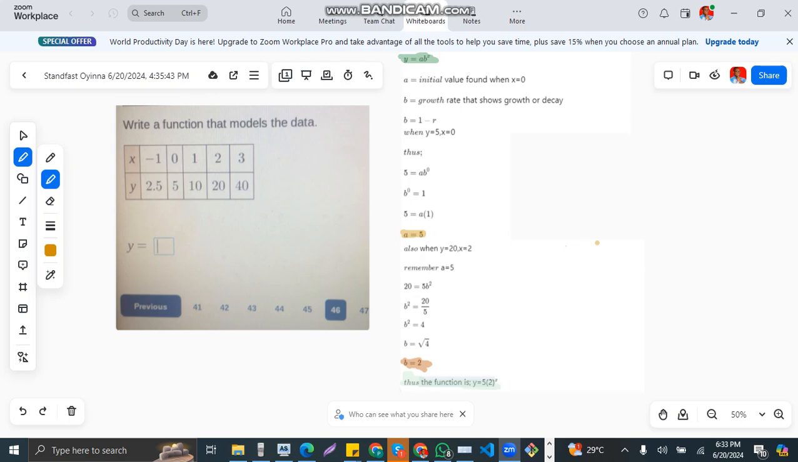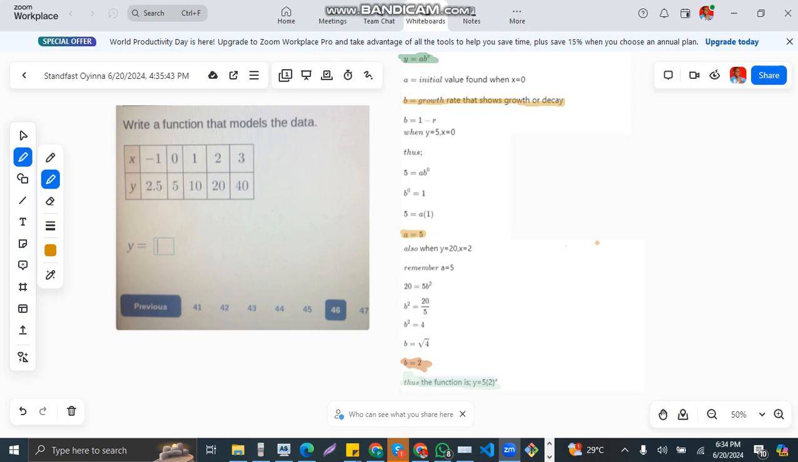If you go down, you see I've written a, said a is what? Equal to the initial value found when x equal to 0. So when we say x equal to 0, and of course we have y, we are going to find our a. Now I said b is what? Growth rate, which indicates whether you have